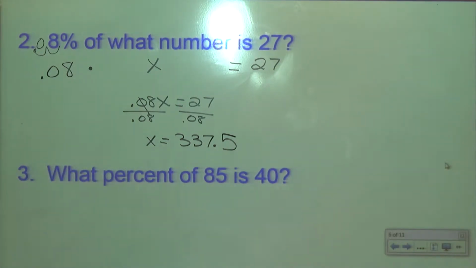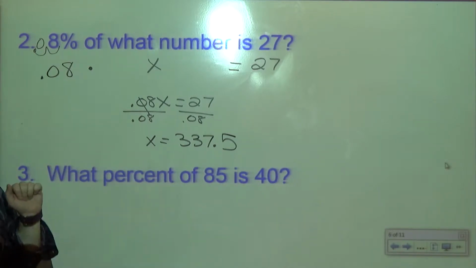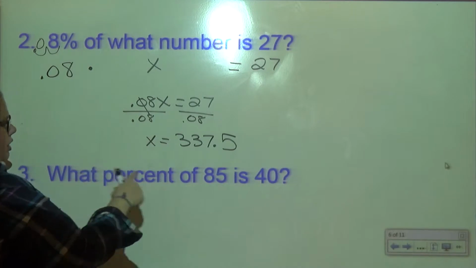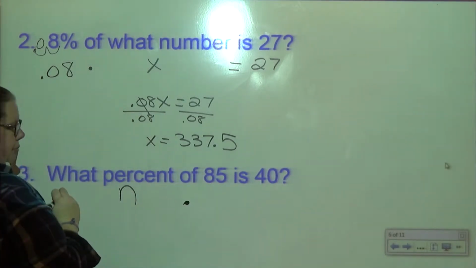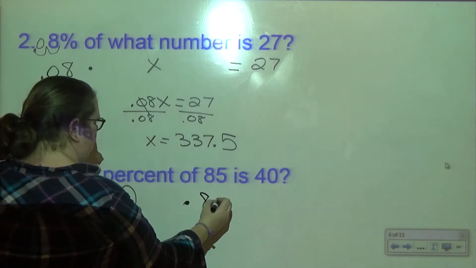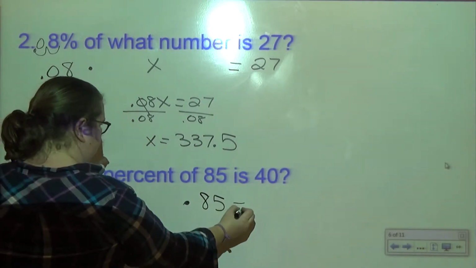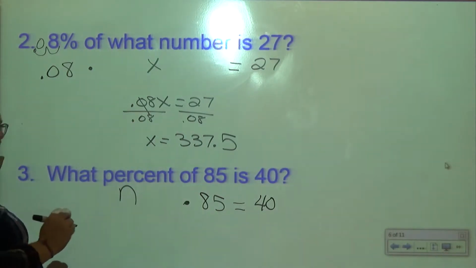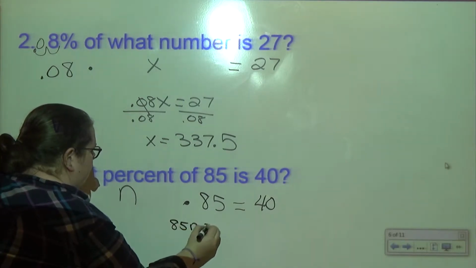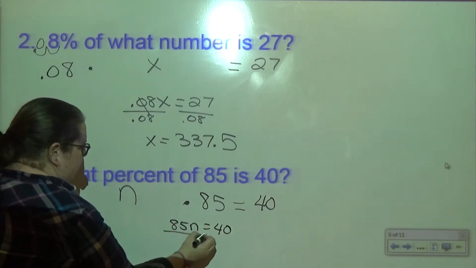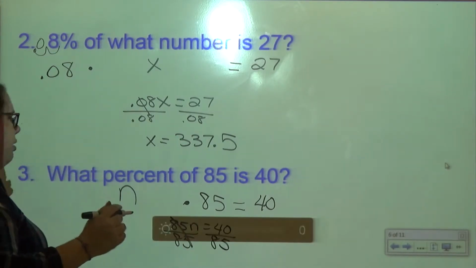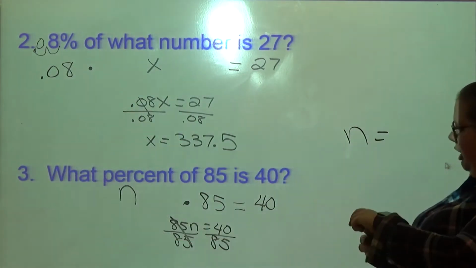Number 3. Take a second and write what you think the equation is going to be. What percent, that's our x, we don't know what this is, so our variable, let's use n this time, n of times 85 is 40. So put those together. N times 85 is just 85n equals 40. Divide by 85 on both sides to solve for n. I'm going to write it over here. We end up getting n equals